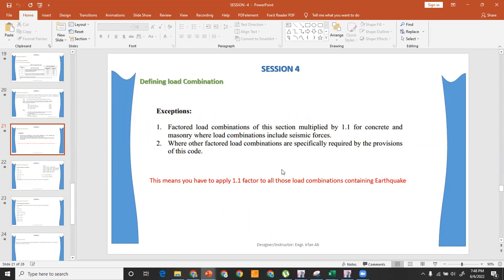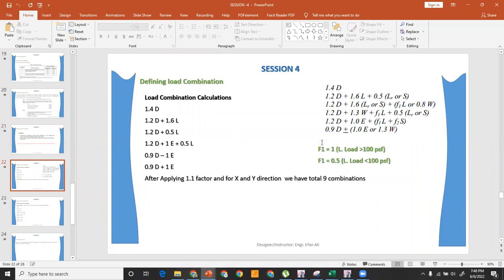It means that you have to increase the load by 10% when you are designing a structure for the earthquake forces, right? So when you multiply by 1.1, it will be in the next slide, but we have to extract the load combos which are applicable in our structure. For example, 1.4D is okay, and the next is 1.2D plus 1.6 live, and it is 0.5 live load. In our case, there is no